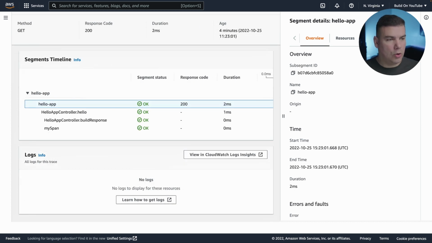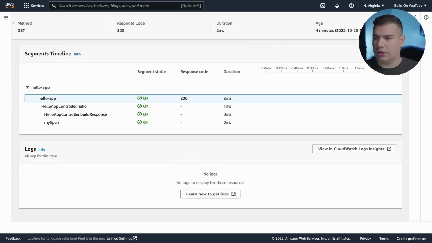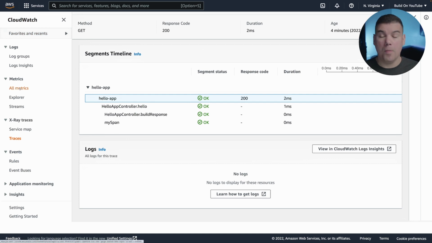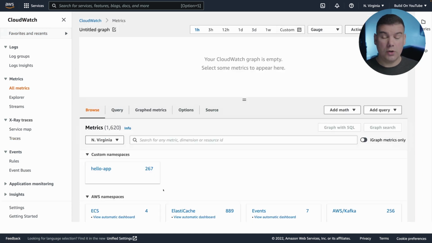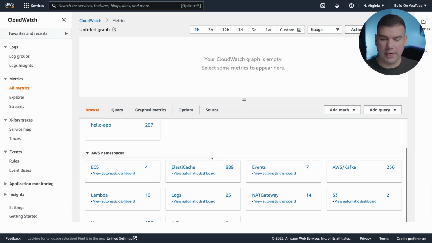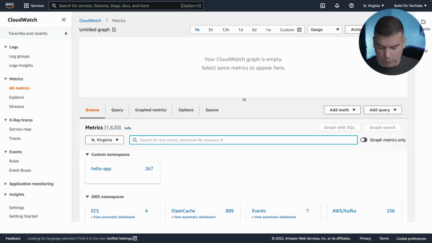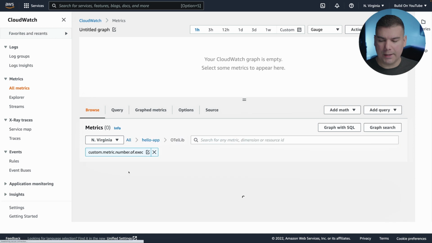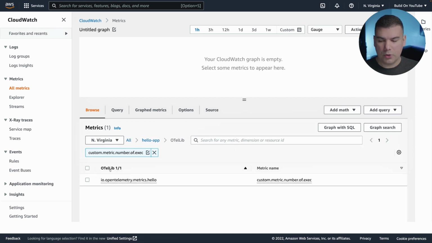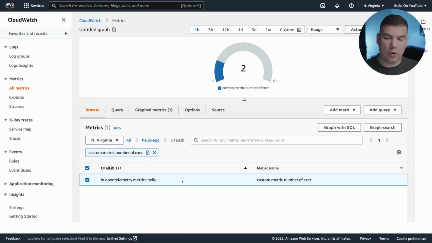So let's take a look now at the metrics that were created in this period. To visualize the metrics, go to the side menu here on Amazon CloudWatch, and then click on the option All Metrics, under Metrics. And here, you're going to be shown all the metrics that have been collected so far, not only from the microservice, from Hello App, but also for all the other services that you've used from AWS. You can filter for the specific metric that you want to showcase here, such as, for example, the number of executions metric that we've created programmatically. So when you hit enter, you're going to be shown that metric. So once you filter it, you can select it.